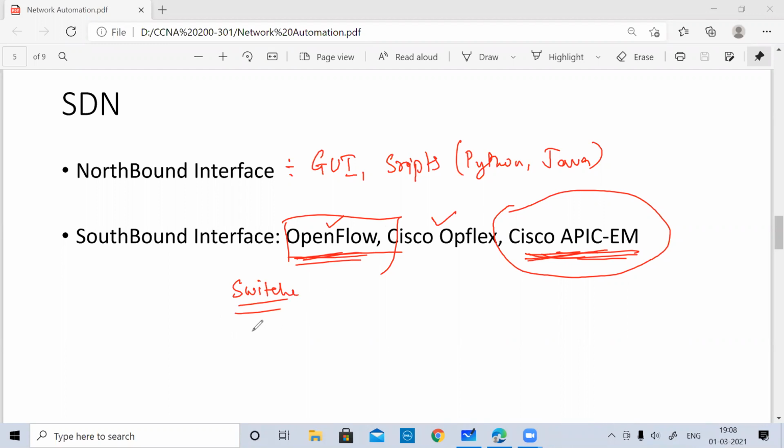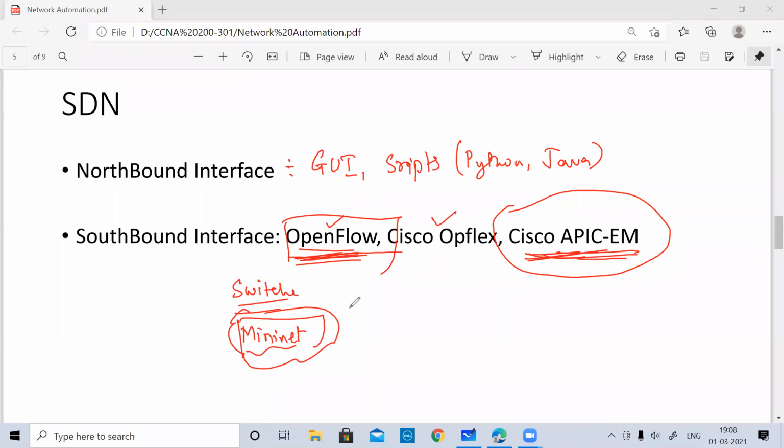I don't know if you have heard about Mininet. People have done a lot of research and experimentation on Mininet. If you want to explore, you can check this out. For OpenFlow, you have to install it. This is like creating a virtual network. Mininet creates virtual switches which support OpenFlow, and then you can experiment in this particular Mininet software. It is going to create a virtual network.